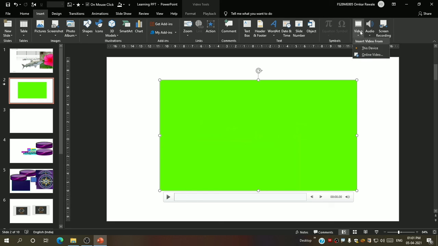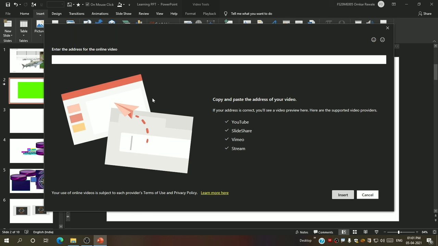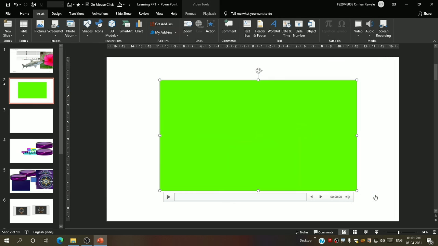Now I can also add video from online sources. Copy and paste the address of your video. HTTP. Whichever video I want, I have to copy the video link, and you can try that at home.